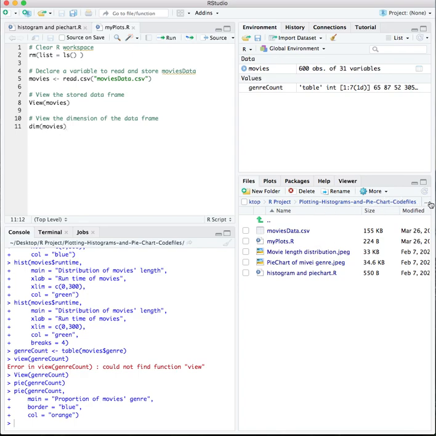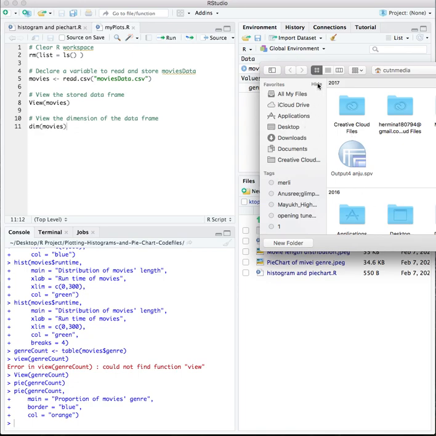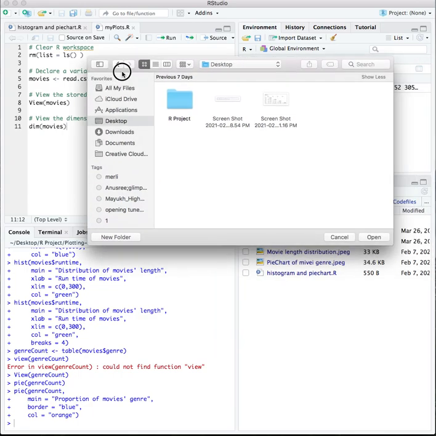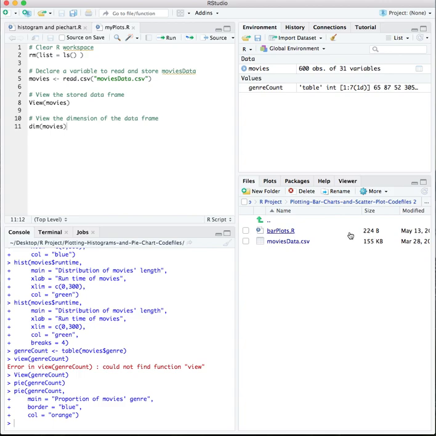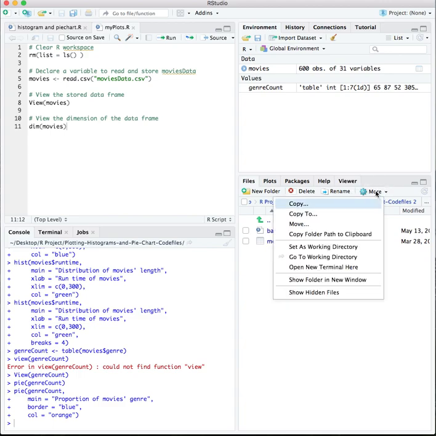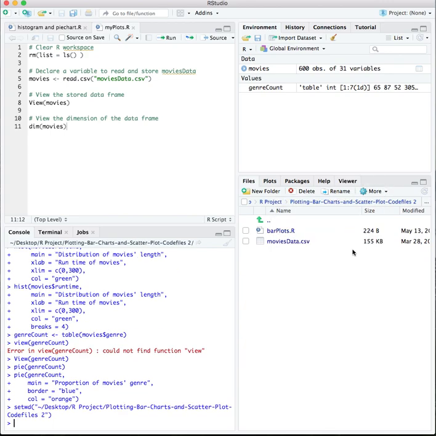And I am checking the project. By default we are working with the R project, the folder that I have created, plotting bar charts. Open it and go to More, set as working directory. So this becomes the working directory.